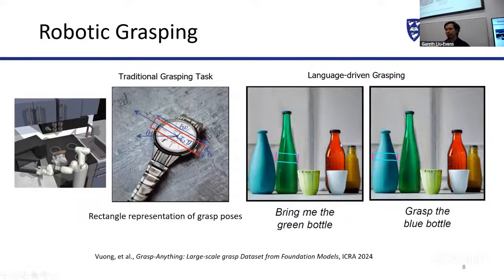Mathematically, the grasping point can be defined using just a few parameters, and usually we call it the rectangle by definition. So it simplifies the problem from the 6D degree-of-freedom pose grasp to 4D. 4D means you have the information in 2D and the rotation axis of your object, which is the theta angle here. So this is the traditional grasping task, and when you run any traditional grasping task,